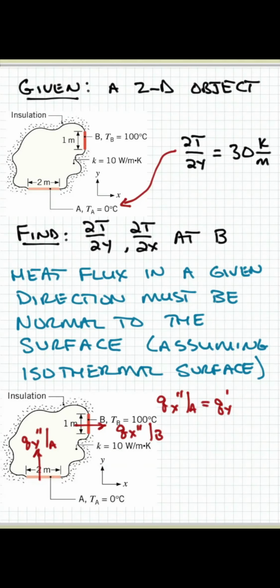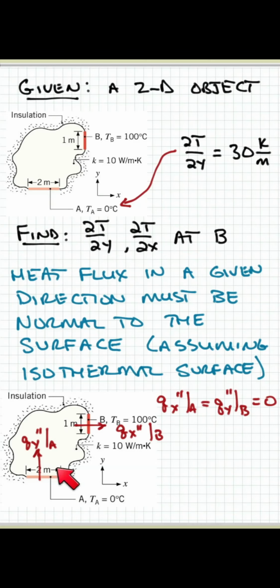This is important because we can use it to get some initial insights. Remember, we want to know what is the temperature gradient with respect to x and y at a particular surface here, surface B. So the first step to think about narrowing this down is to notice that the x component